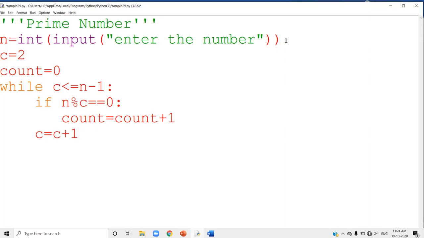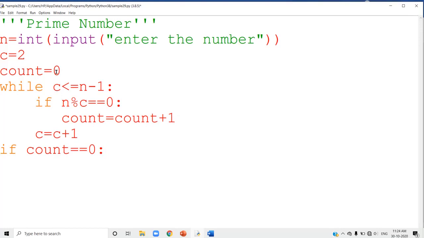Now I am going to say if count equal to 0. What is the meaning if count is 0? If count is 0, it means that the number does not have any factor other than 1 and the original number. You are checking this condition, and if it is true, you update the count variable.